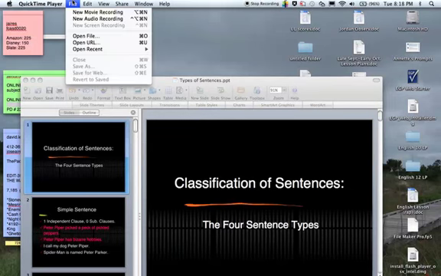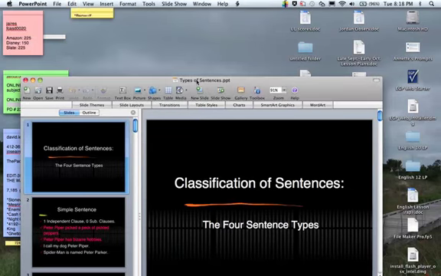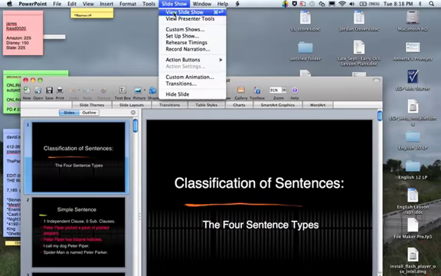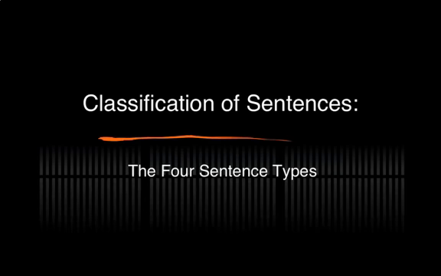Alright everybody, we finished the first half of the clauses, so now what we are going to do is look at the second half, which we call classification of sentences, the 4 sentence types. When we get to the quiz, here's what I'm going to have you do. I'm going to have you break the sentences down into independent and subordinate clauses, and you're going to count each type of those clauses, and then based on that math, you're going to find out the type of sentence that you have. Okay? So this lecture will be just on those 4 sentence types, one of which we've already discussed,